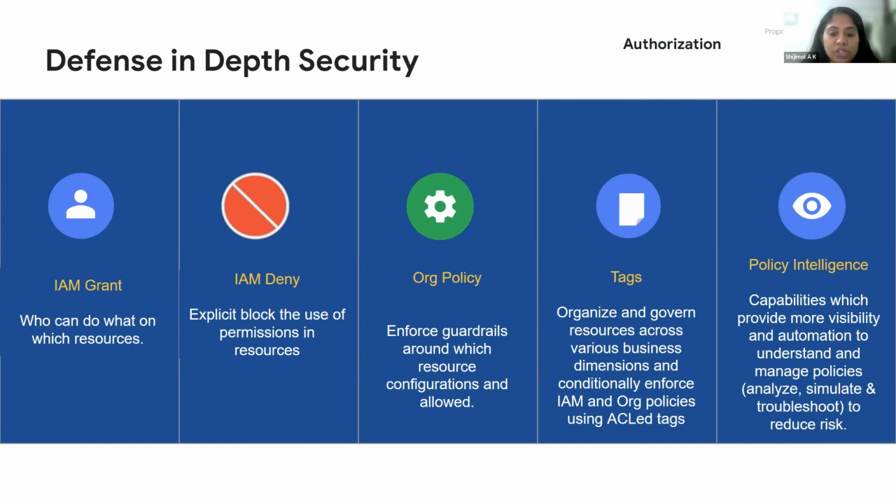Then there are organization policies that you can implement, saying what kinds of configurations are allowed. For example, you can create a policy that says external IPs are not allowed. That means you will not be able to create a machine with an external IP. And you can apply policy across different environments using tags. There is a policy intelligence service that can look at and analyze your environment, and say that some policies are not strong and you need to strengthen them a little bit more. So you can manage policies using policy intelligence.